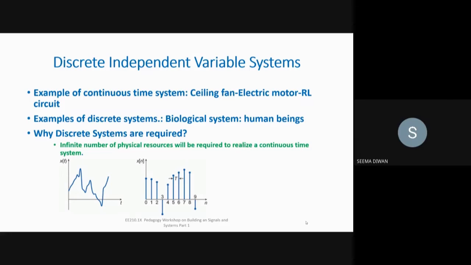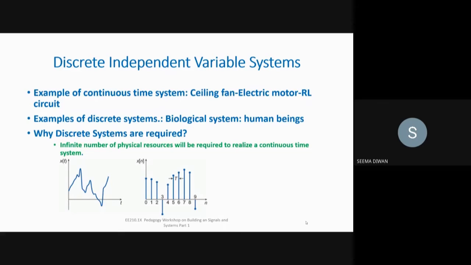But most of the signals, for example, voltage measured over an independent variable time, is a continuous time signal. Current measured over the independent variable time, again, is a continuous signal. Power is a continuous signal. Pressure is a continuous signal. So most of the real-world signals are continuous in nature. But if you want to process this signal, the main reason for requiring a discrete system is that infinite